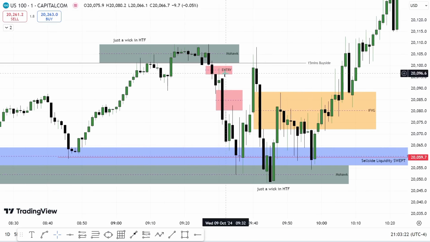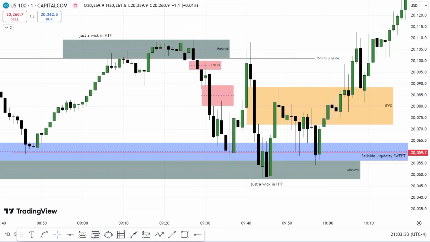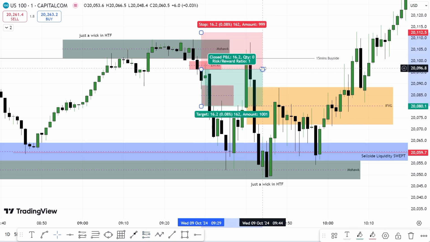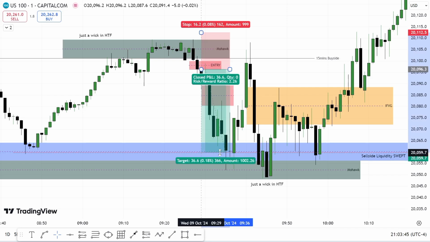So entry was just here. So missing out, you have gotten here. So it would look just like this. So this is a perfect textbook play of the 2022 model after a sweeping buy side liquidity in a bellwether time